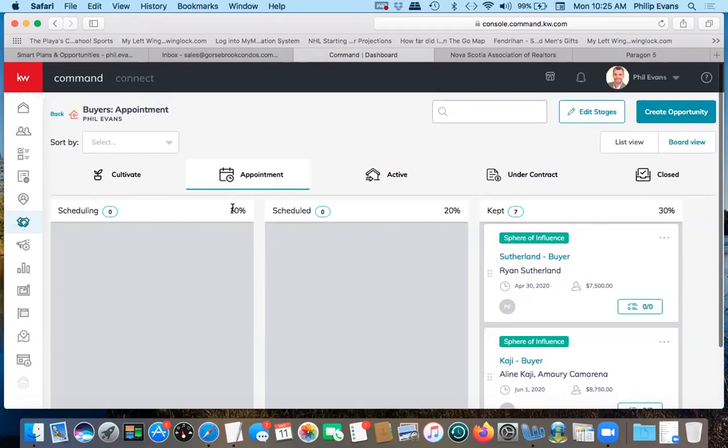And that's just, at what percent do you think, and these are a little bit arbitrary numbers, but it's really at what percentage of these buyers are going to actually end up transacting with you. So the further you move them along your funnel, the higher this percentage should go up as they get closer and closer to buying. So if you wanted to edit your stages, you see this button up here, just click